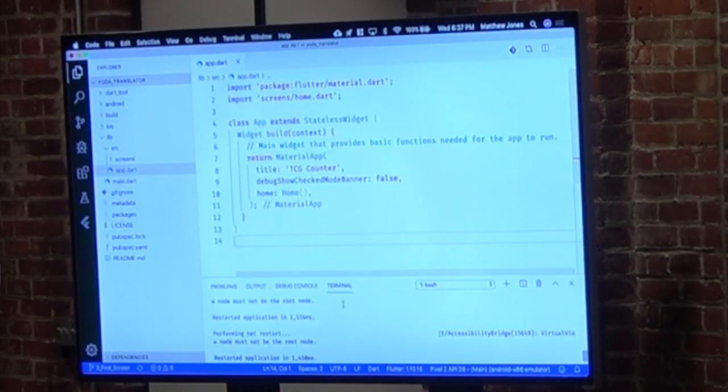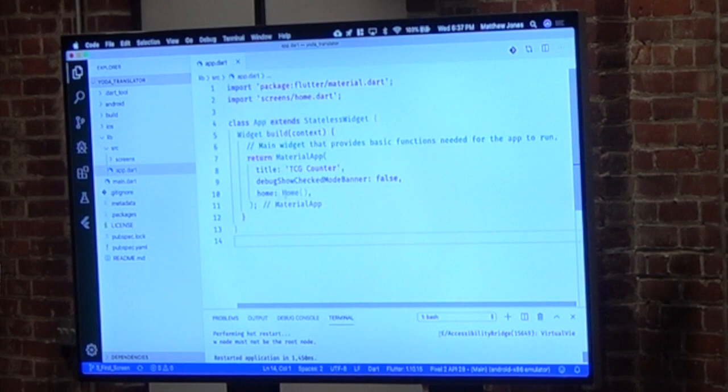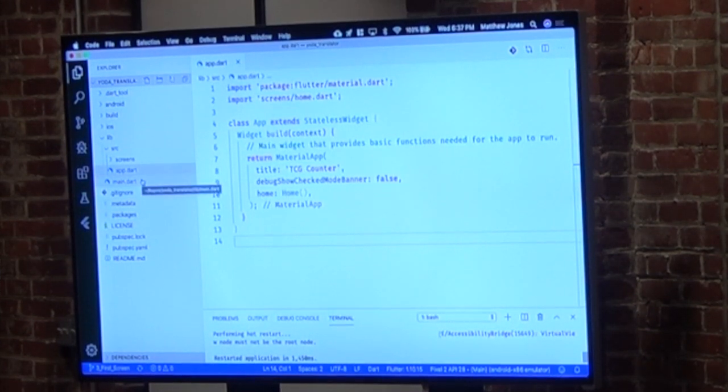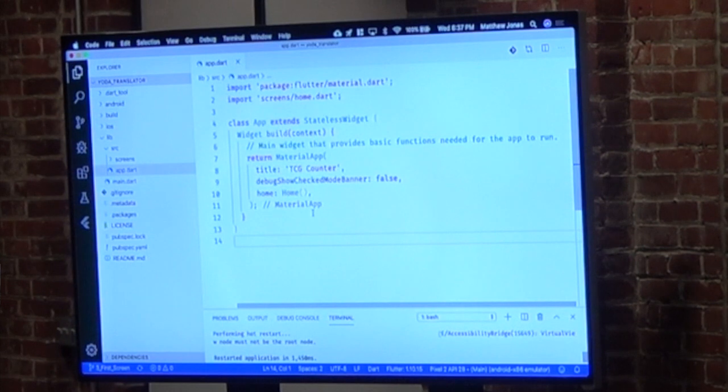So now, in this branch, if we look at the app.dart file, we replace the text widget with the home widget. It looks pretty similar, except we've got a home widget. Well, that home widget is now a custom widget that I've created. And that widget is actually our first screen. The screen itself is a widget.